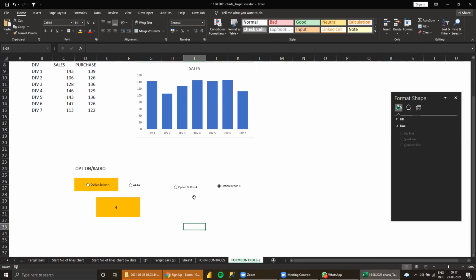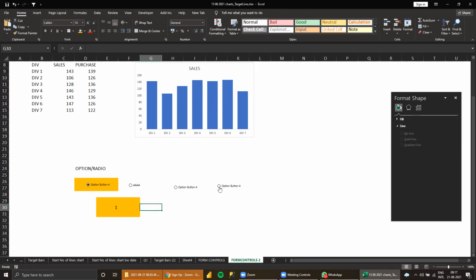You cannot link each and every one in the entire Excel sheet; all the option buttons link to only one cell, not individually.